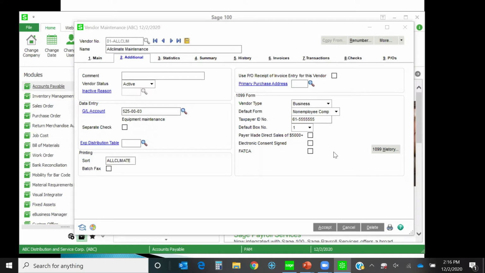So on the non-employee compensation, you have a couple of additional boxes. The one that's always there is electronic consent, meaning that you have gotten permission from your vendor to submit their 1099 form to them electronically versus physically printing and mailing it to them. The payer made direct sales of $5,000 plus. If you need to use that, you might want to check with your CPA, but basically that